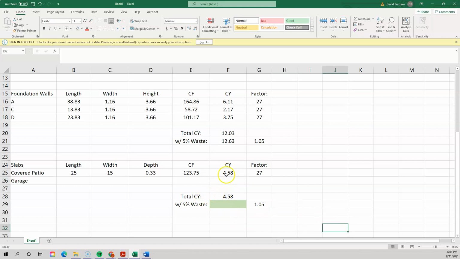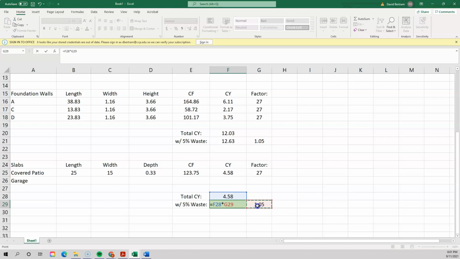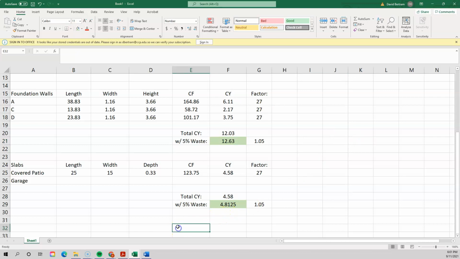All right, I kind of jumped the gun and was doing waste on just one when I knew there was more coming. I'm not going to do the others, but anyway, now this works. So now here we could go equal this cell times that cell. Better. This is also a total,